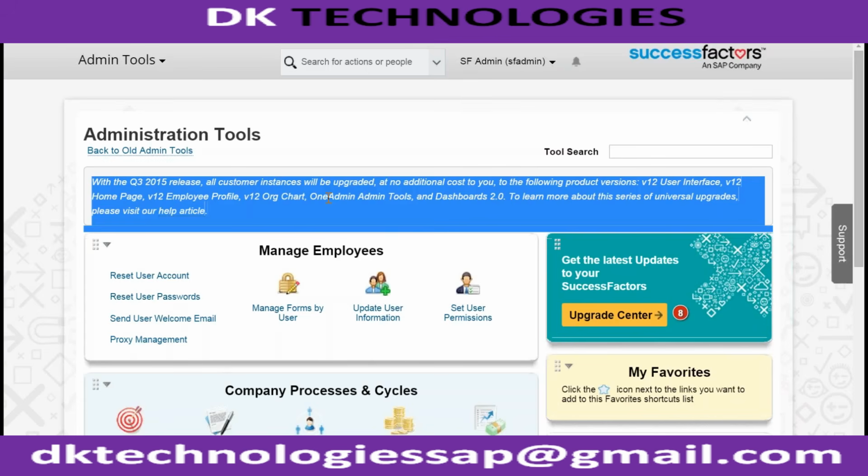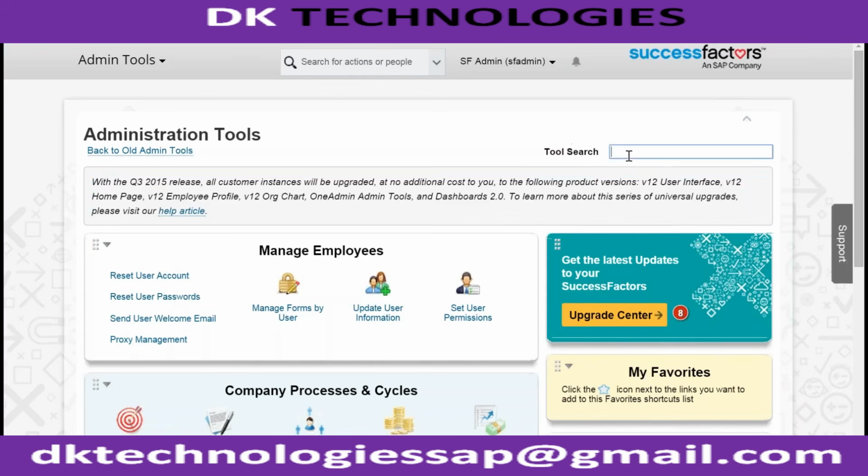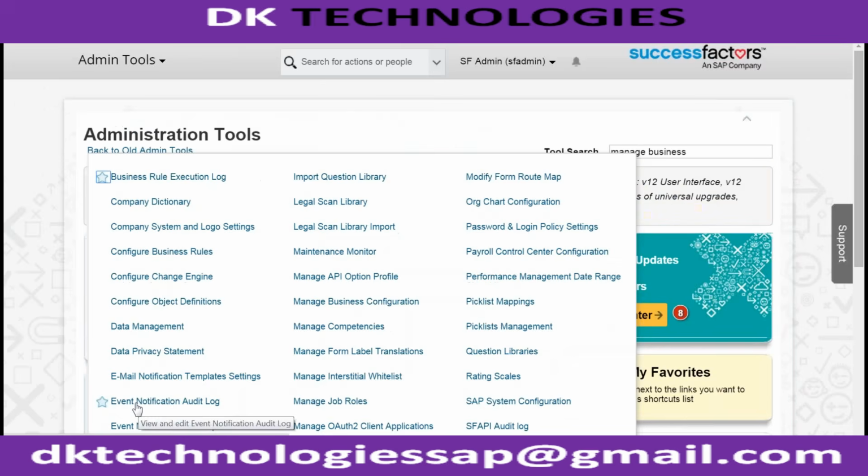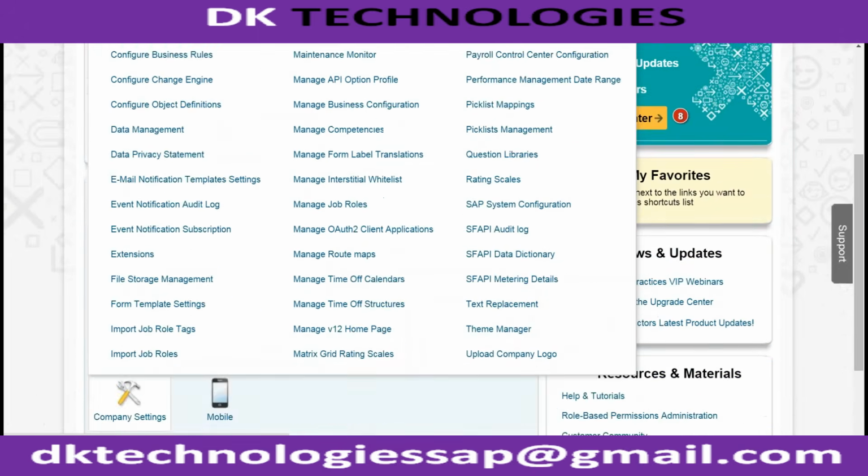Adding fields, changing the labels of your fields, changing the properties of your fields, all those things you can do from your business configuration UI, guys. And how you can access it: in order to access business configuration, go to your tool search and start typing manage business configuration. You can see the manage business configuration option is coming up here, and you can also find the same option